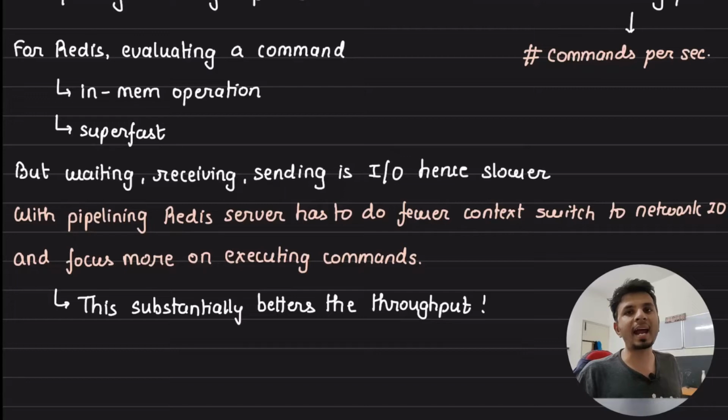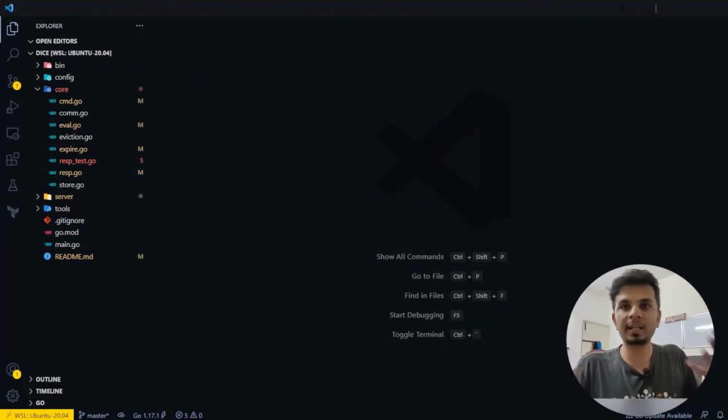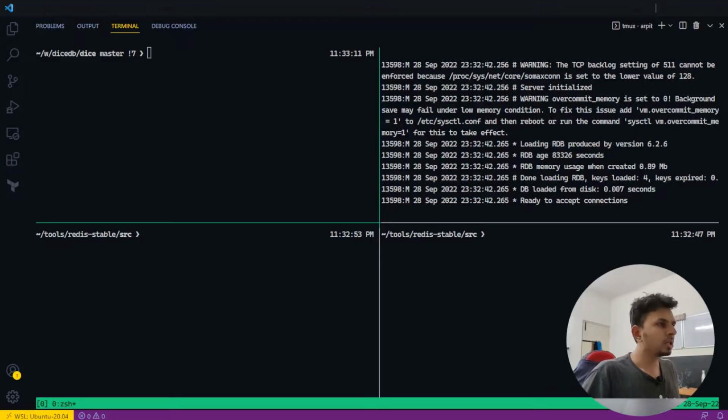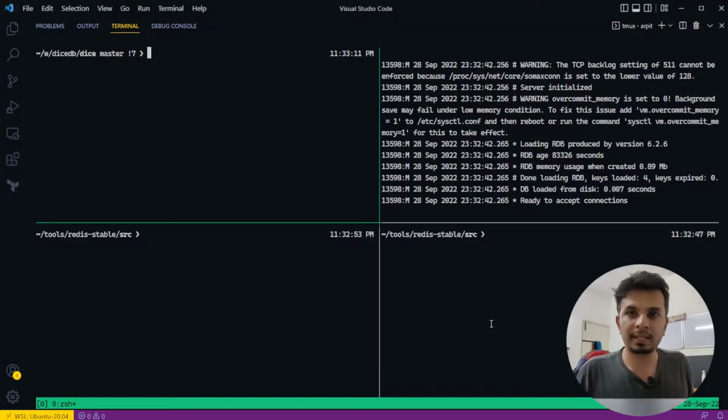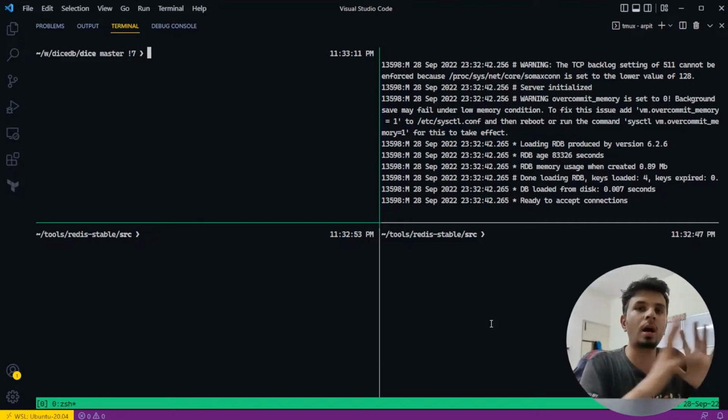Now that we understand what pipelining is, let's quickly take a look at how we implement it in our implementation. The implementation seems pretty straightforward, but just a few hiccups here and there would come our way, right? But before we do that, it's always better to see how pipelining indeed works, right? So let me quickly show you, like always, top right is where our normal Redis server is running. And I'll be putting in commands. I'll show you how commands are fired, how pipelining is done,